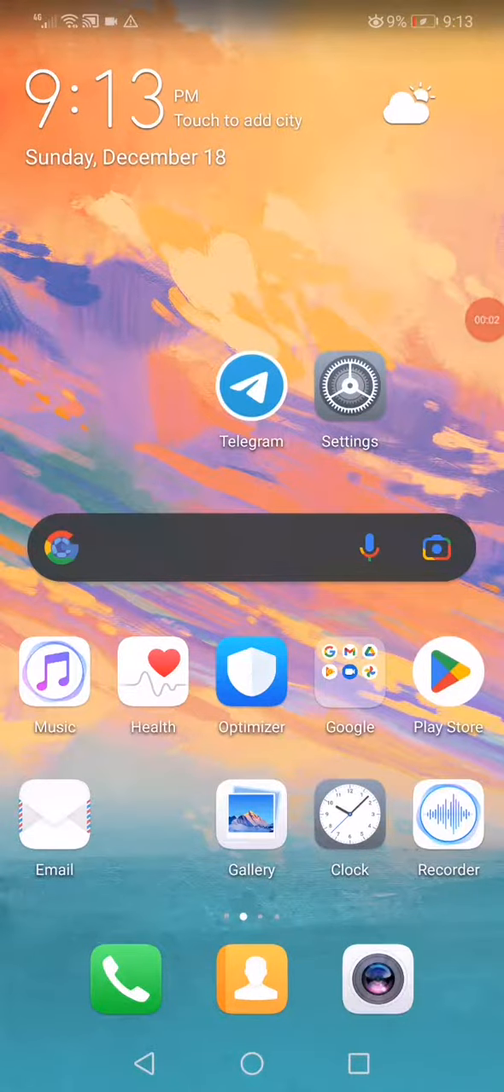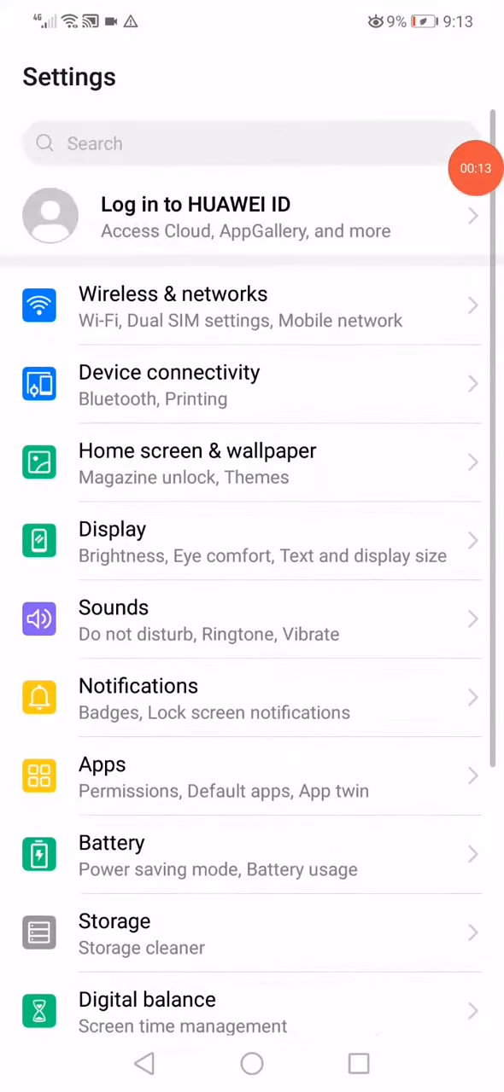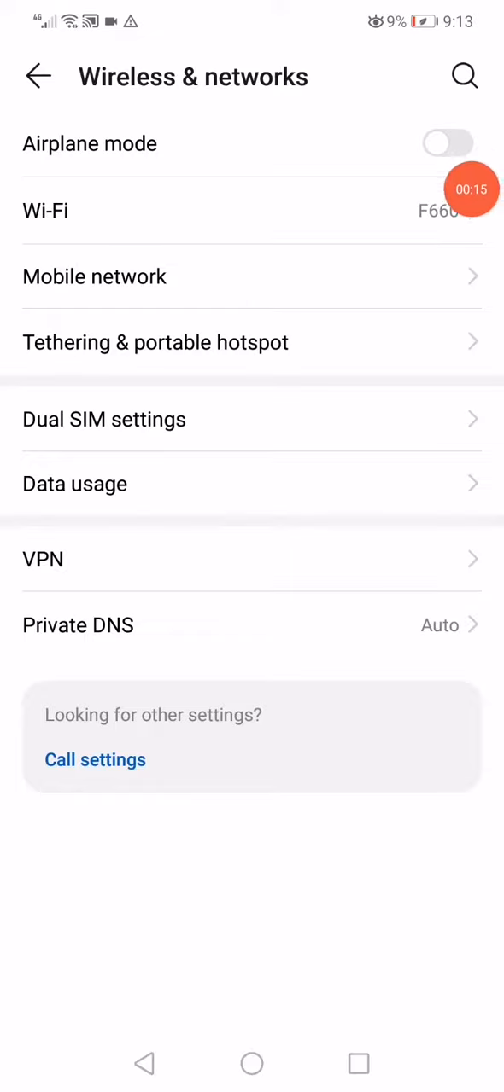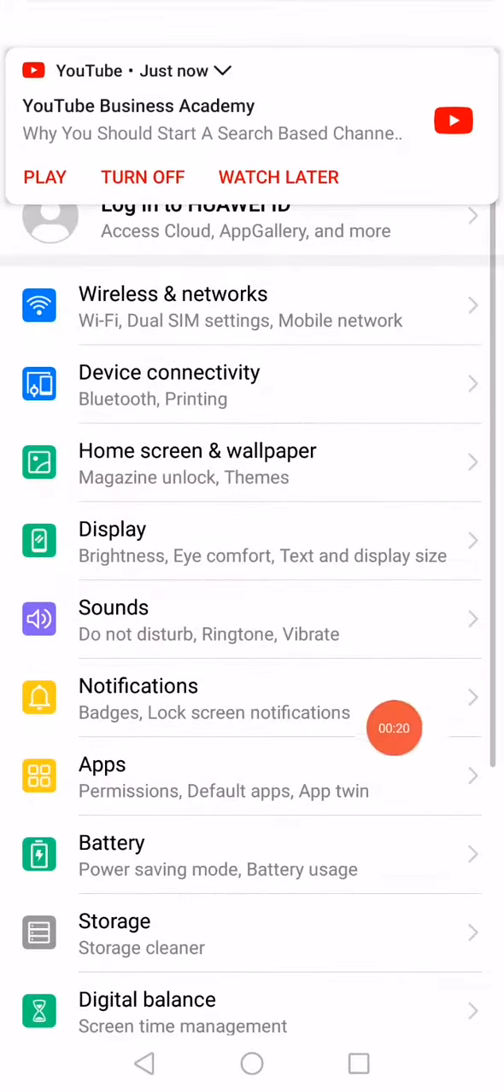Telegram login problem. In today's short video, I'm going to show you how to fix the Telegram login problem in less than 50 seconds. So all you have to do, guys, is open the settings on your phone, go to the wireless and networks, go to the Wi-Fi and disable it, then go back and go to the apps manager